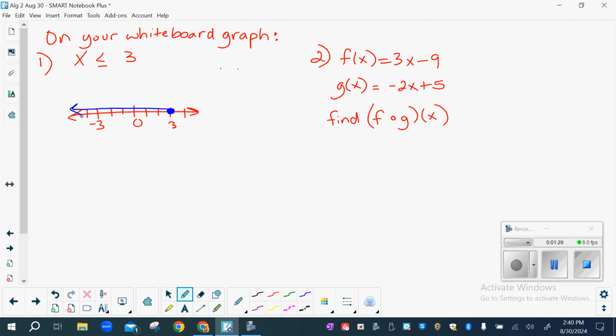So now, f composed of g of x. I'm finding that some students are looking at this and thinking it is multiplication. Notice it is an open circle, so it's not multiplication, it's composed of. So we take our g of x, which is negative 2x plus 5, and it's f of negative 2x plus 5. So first we start with the g of x, which is negative